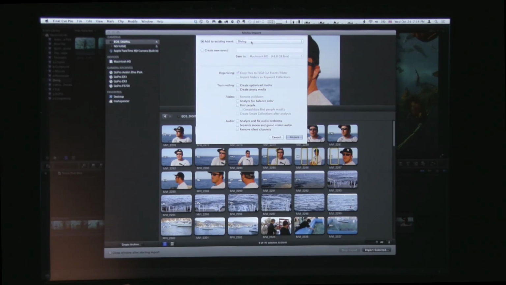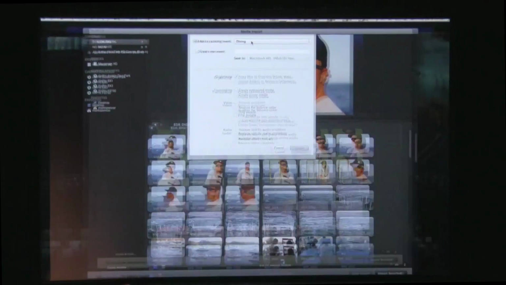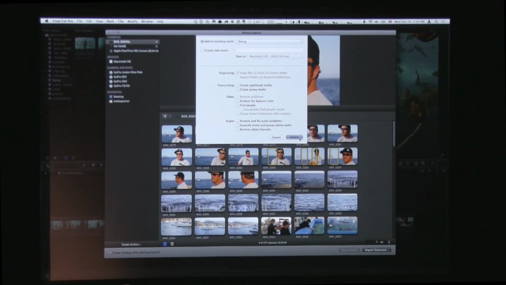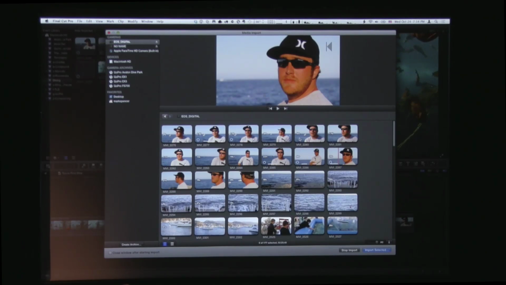And notice it's already targeted to the event I want, which is the diving event. Click Import, and now that stuff starts going into the same event. So you can see how fast it is. You get all your imports there, and boom, I can get all that stuff in, make selections, and bring that